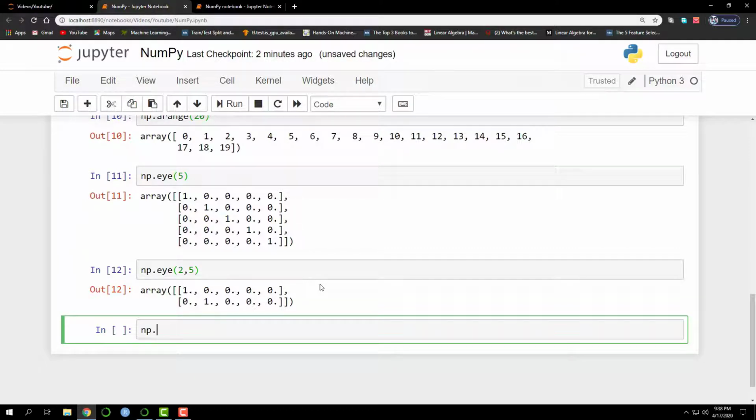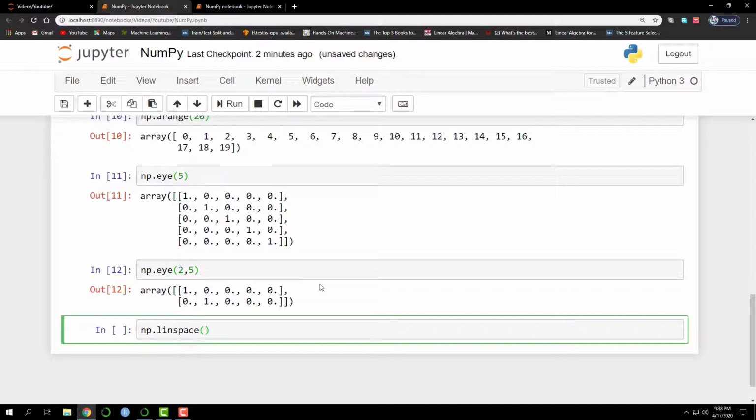If you want to create an array with linearly spaced elements, then you have to use np.linspace. The parameters to be passed in np.linspace are start, stop and the number of elements you require in that array. You have to note that unlike np.arange, np.linspace includes the stop value.